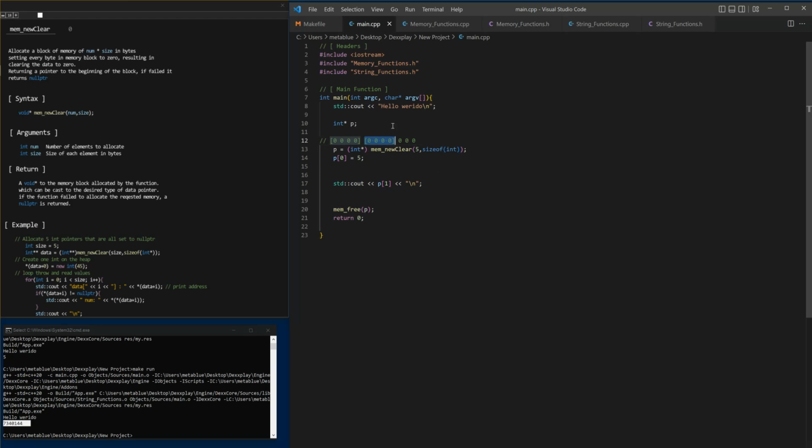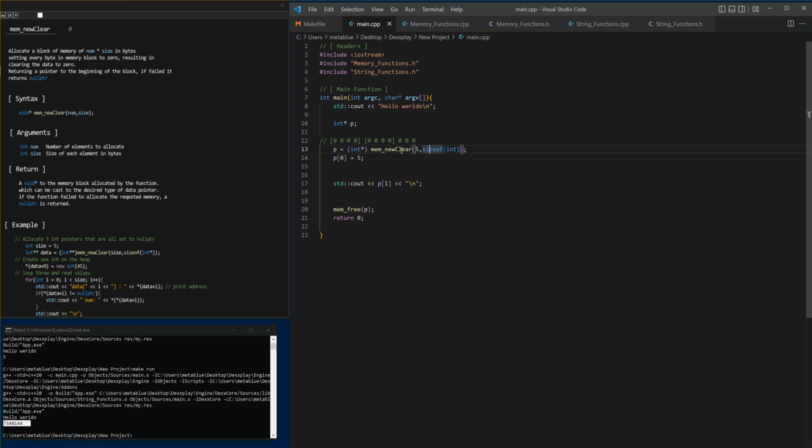And I guess now that I'm thinking about it, that probably doesn't have to be. It could just generically go through and clear all the zeros, which I may or may not do in the future to make mem_new similar to mem_new clear. But in the end, it doesn't matter because mem_new clear set has to follow this protocol anyways. But kind of off topic, but the point is